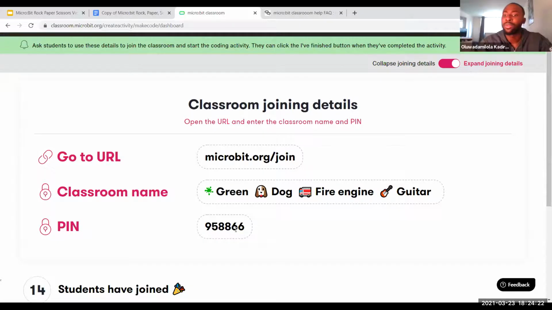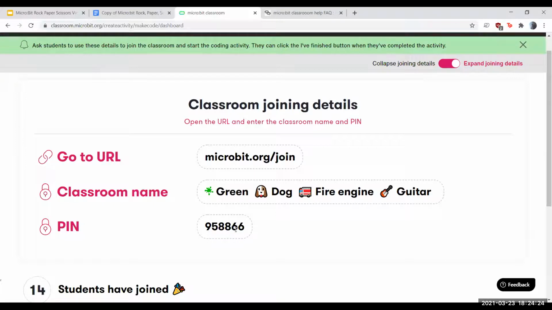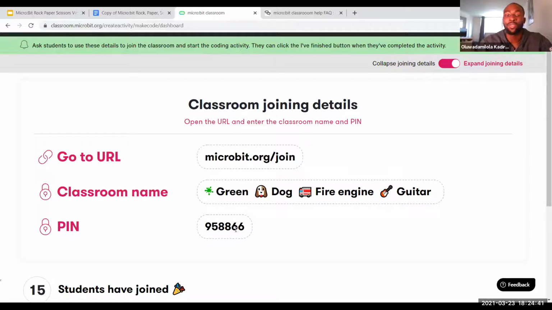Are you at the place where you can see everybody? I think you might have Zoom minimized, so you might have to split your screen.